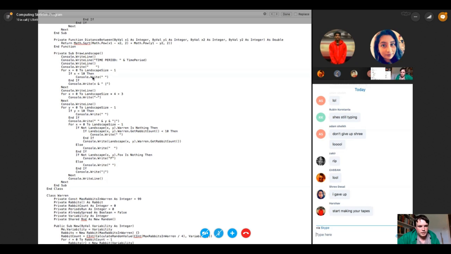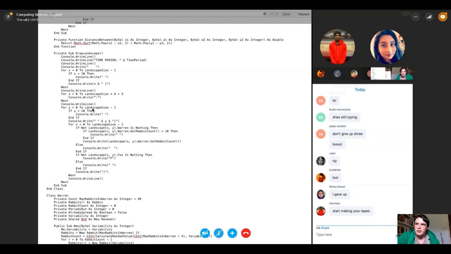The reason that it does this, if x is less than 10, then do a space, is because if it's a 2-digit number, obviously it takes up 2 spaces on the column header, otherwise it just takes up 1 space. So if it's a 1-digit number, it does an extra space. And then it writes a line between each number, and then a space, and a line, and then the next number, and that repeats until all of the columns have been written out. Then it writes a line, and then